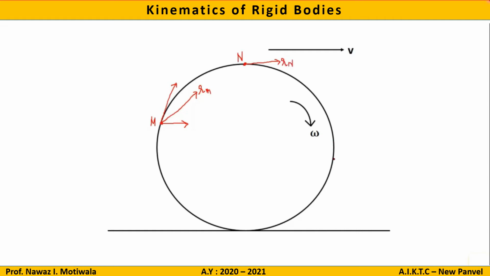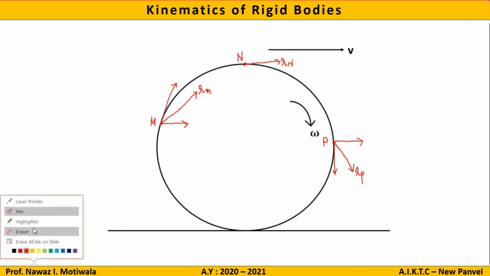Now let us consider one more point. Let us say this point P. This point P again has two velocities, one in this horizontal direction and one which will be tangential. And the resultant of these two velocities, let us say it is like this, and I will name it R. What I have done is I have considered three different points at three different locations on the disk, and I found out the directions of the resultant velocities of each point.